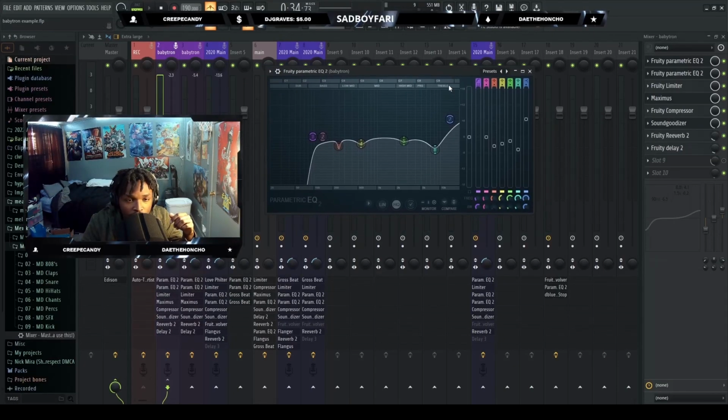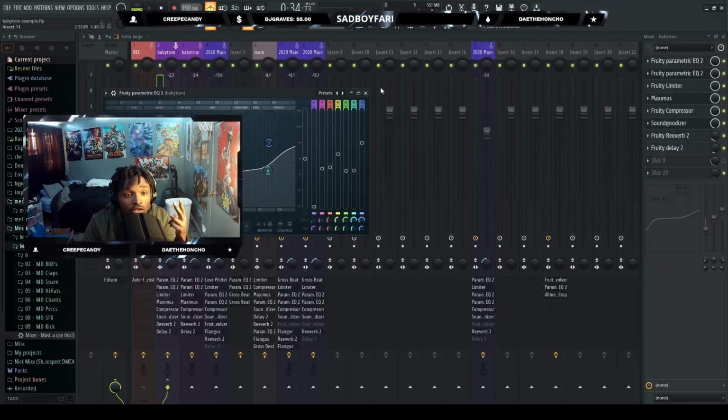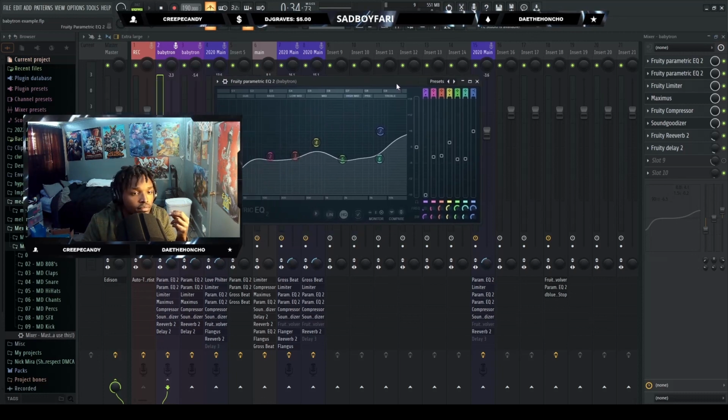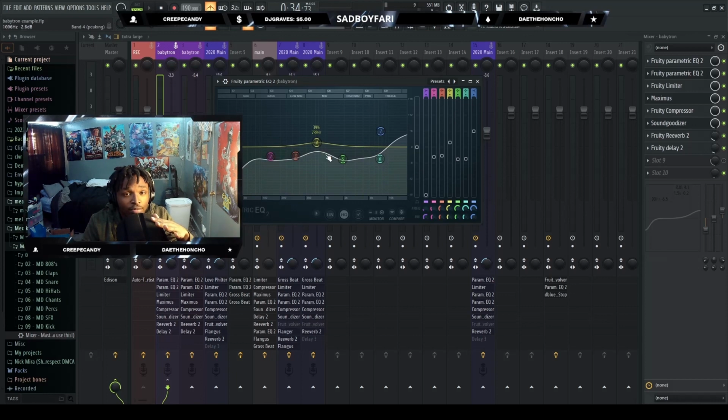This is gonna be the first EQ where, of course, I did boost the highs, just because I wanted to sound a lot clearer, but I did kind of boost down some of the airiness to it. I'm gonna just try to turn it up a little bit. I cut out the lows, but I did that because I have the 2 EQs. With the second EQ, we do leave a little bit of the lows. We have some presence in the mids, as well as, again, another boost high, but it's not as boosted as